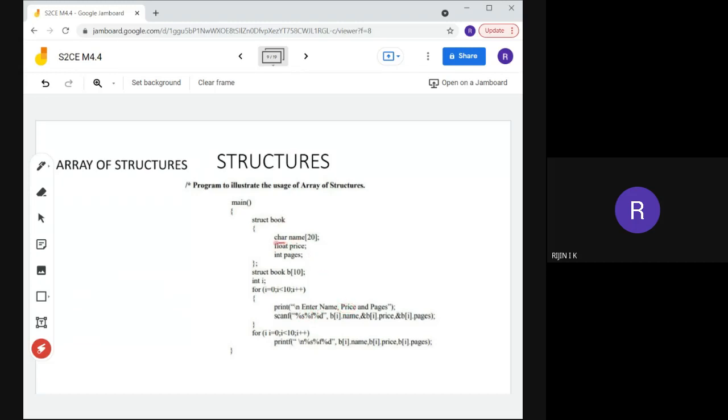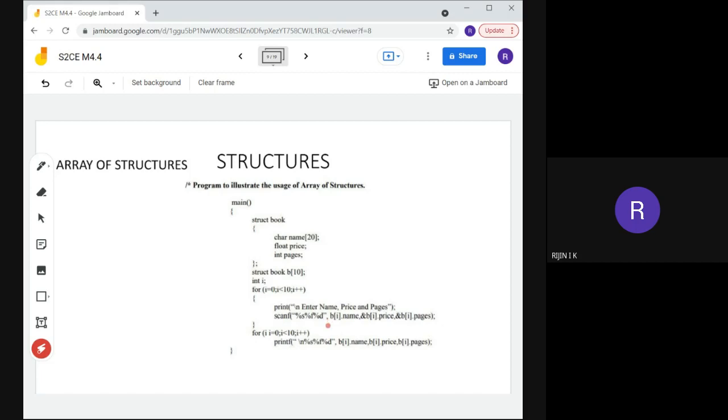Price is a floating point data type, so we specify it as %f. The last element is pages. It is integer type data, so we specify it as %d. So first is name, price, and pages.